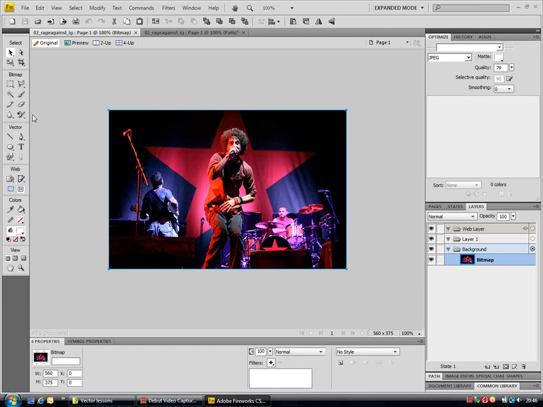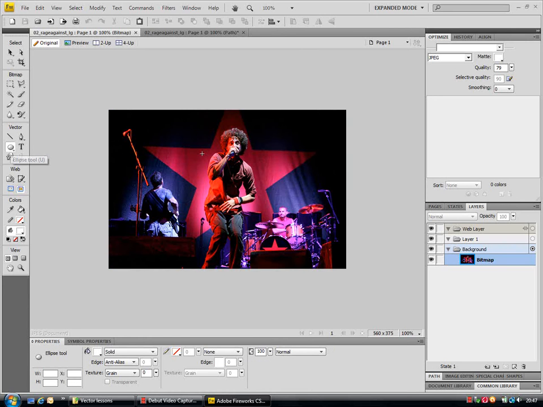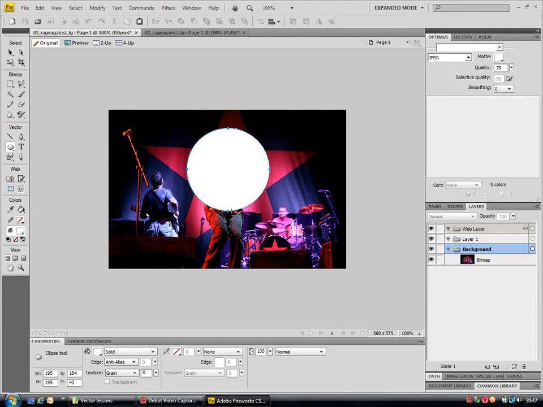In this tutorial we'll be using vector tools to carry out masking. Now masking is basically having an image on your canvas, as I have here, and using shapes, or shapes you've created with a pen tool, to get that image to fit into those shapes. So for example, if I use the ellipse tool and I draw a circle over a section of the image,